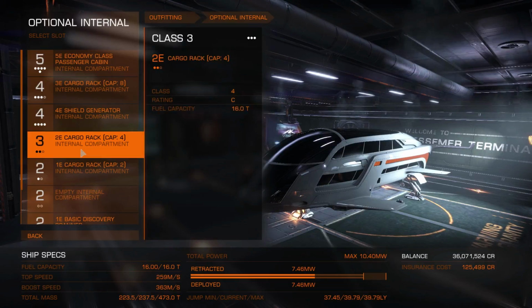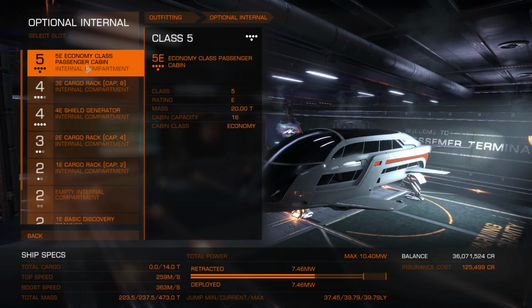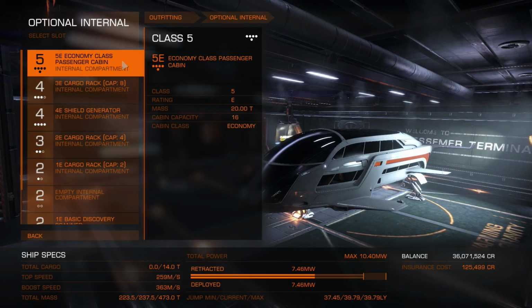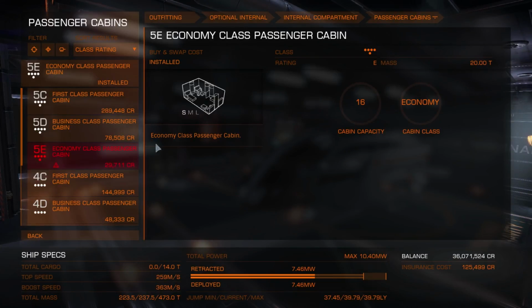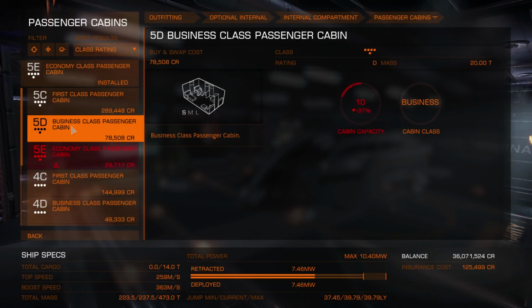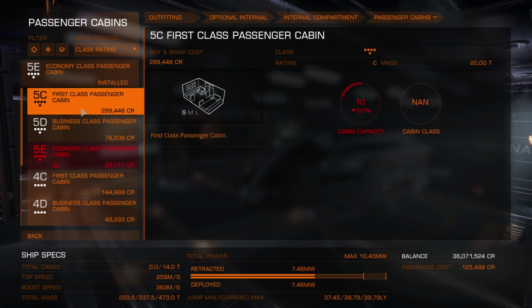Okay, optional internals, that's what we want. We've already got a class 5 economy class passenger cabin. Not sure if we want to keep the economy class or whether we want potentially a business class. I mean, passenger cabins, what else can we go? We could go for this one, which is 10 passengers, or we could go for this one, which is 6. Again, each of them are...